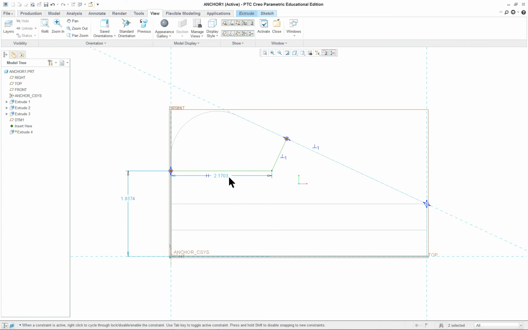I have two dimensions here. Now this is a good dimension. I'm going to need this one. I don't mean value, I mean the dimensioning scheme. So right mouse button, and I'm going to make that one strong. And then when I add a dimension here, I'm going to go from the line, not the point. I'm going to go to the line and go over to the point, and then middle mouse button to place it, left mouse button to complete. So now you can see if you grab this,